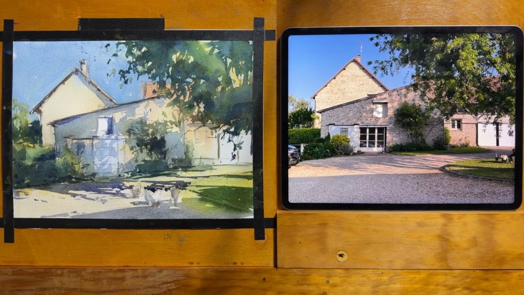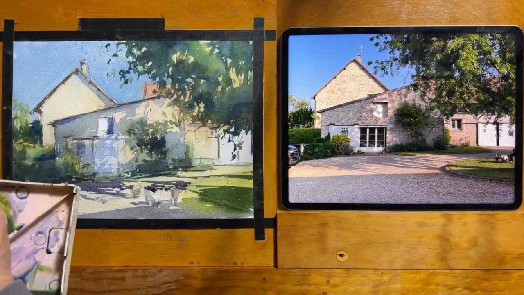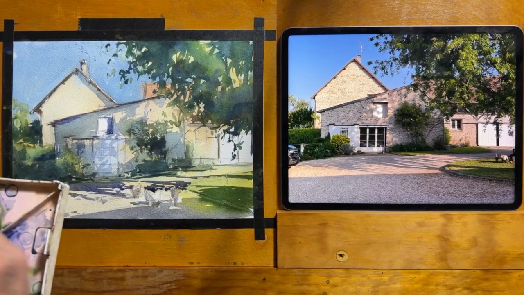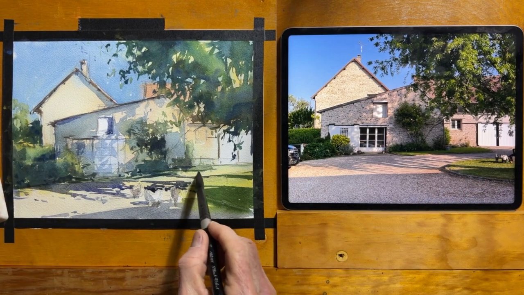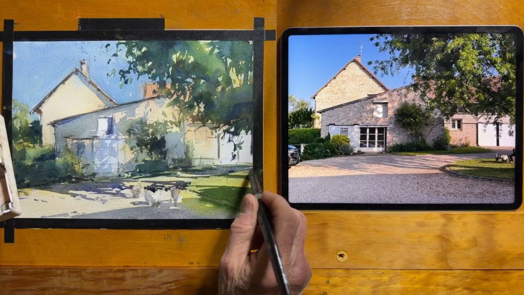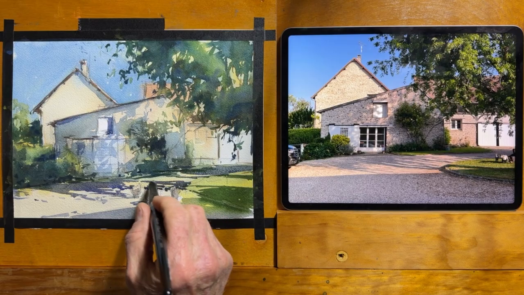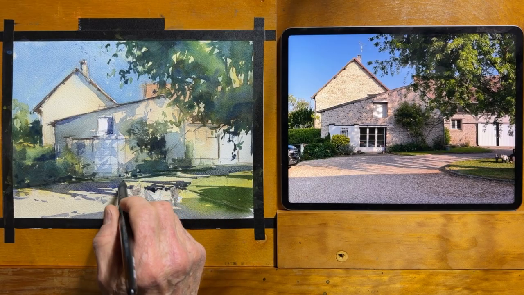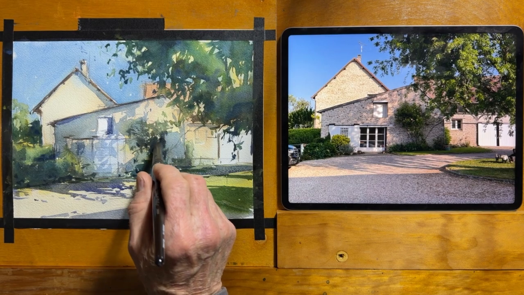So, oh, goodness, I've almost missed the shadow back here. That's important. If it wasn't there, I think I might put it in anyway, because